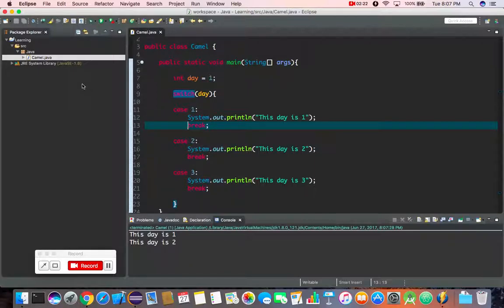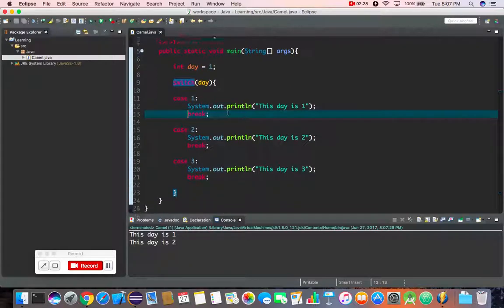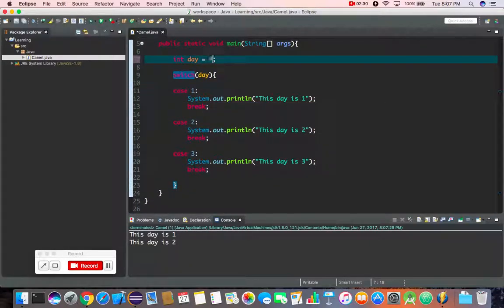And you can also put something called default. So if neither of those cases are met, you put a default. So for example, if I put a 4 and then I save and I run, nothing will happen because there is no case 4. So if I put a default and then put a colon,